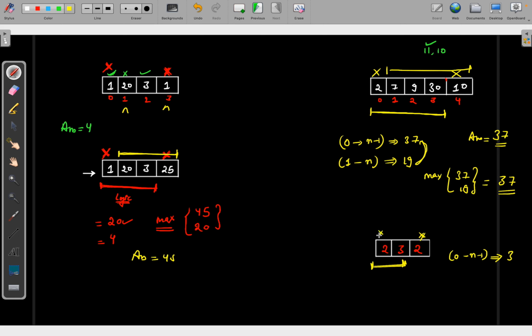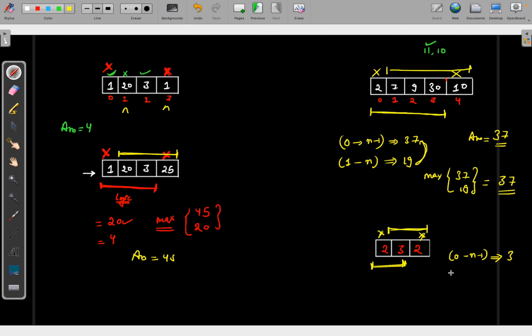If I am ignoring this one and I am applying the logic from index 1 to n, which maximum will I get? 3 as a maximum, right? So in both cases I'm getting 3 and 3, so the maximum will be 3. You can apply any of the approaches you want. Let's take one more case,